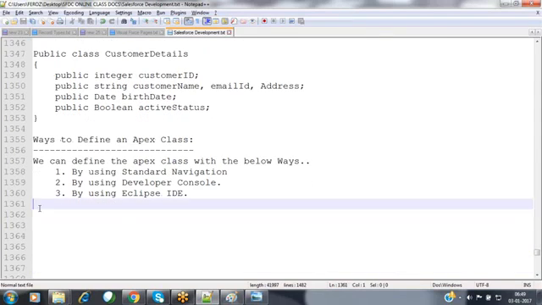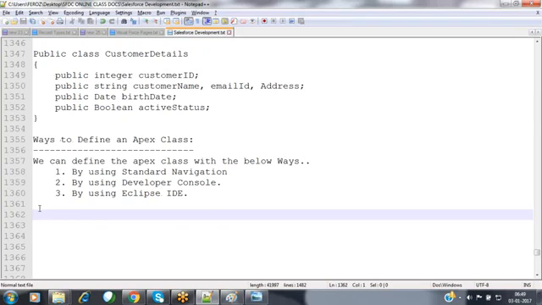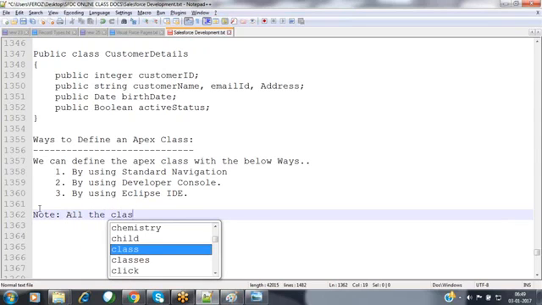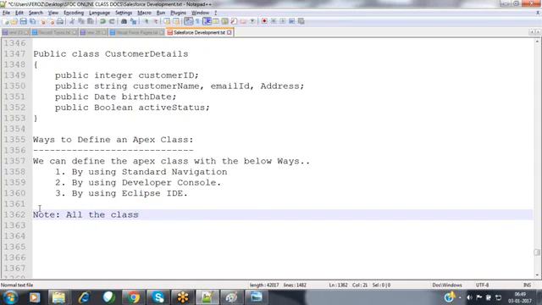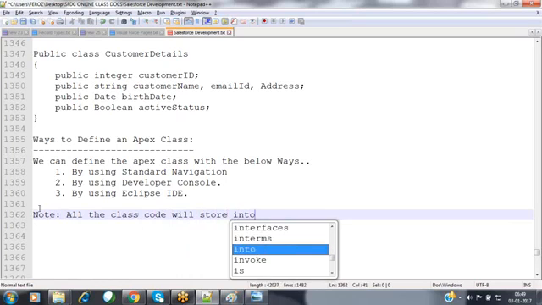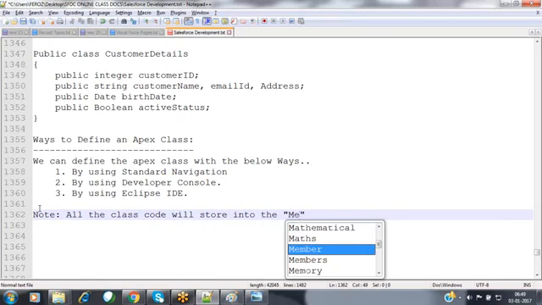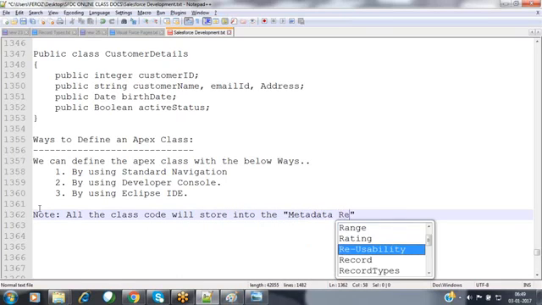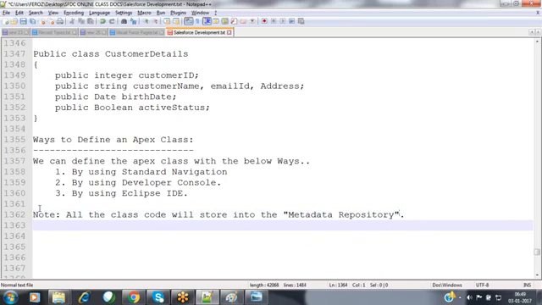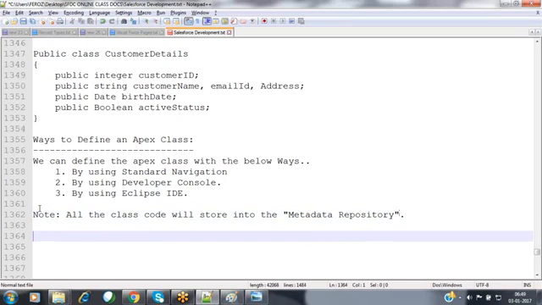So what are the classes that you have defined? All the classes' code will be stored inside the metadata repository.